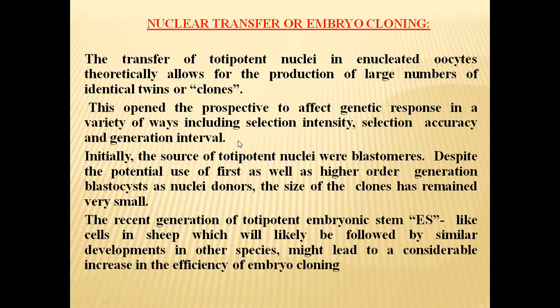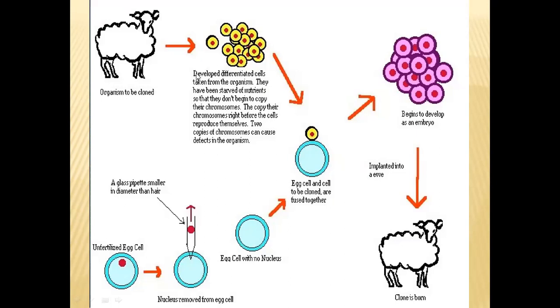The baby or the offspring which has taken birth will be similar to the nuclei donor. So with this method, we have got this Dolly animal for the first time. So nuclear transfer is nothing but producing cloned animals. So this is the organism to be cloned. We will collect eggs and cells from this organism. This organism is of superior quality, so we want to have a clone of this organism. So a similar type of organism is required for us. So we can collect cells from any other